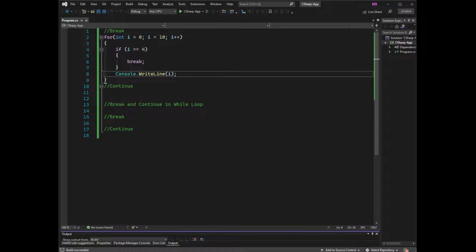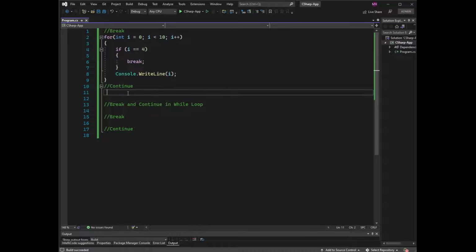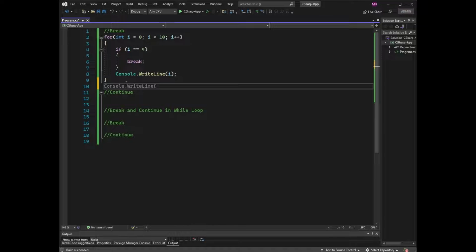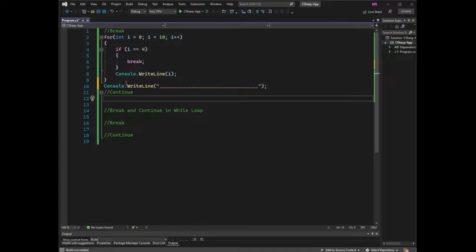C# continue. The continue statement breaks one iteration in the loop if a specified condition occurs, and continues with the next iteration in the loop. So in this example we skip the value of 4. So for beauty, Console.WriteLine, and so example for